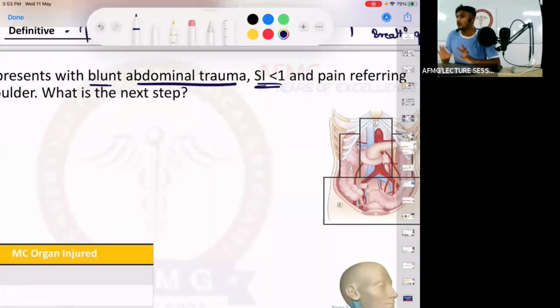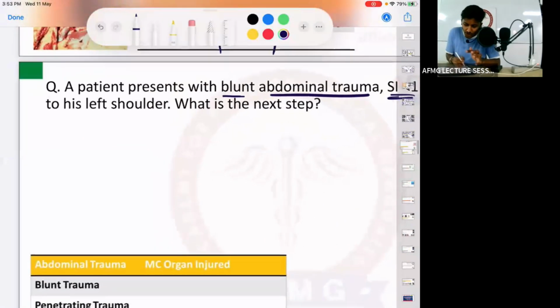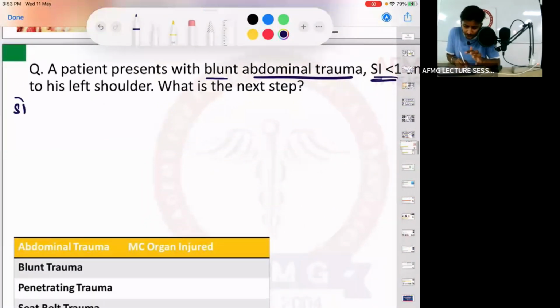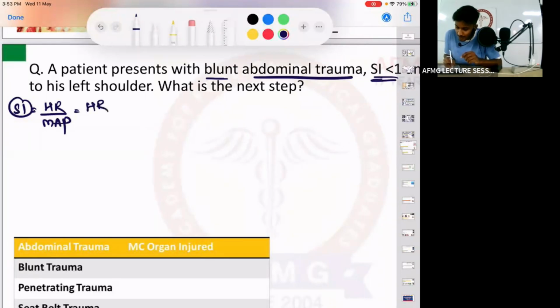So I hope all of you are quite aware what is the shock index. Shock index is calculated as anybody? Heart rate upon. पहले it was systolic blood pressure. Now it is mean arterial pressure. Okay, you can even take systolic blood pressure also. ठीक है? So what is the normal heart rate? Normal heart rate is 75. Systolic blood pressure normally is 120. So normal shock index should be